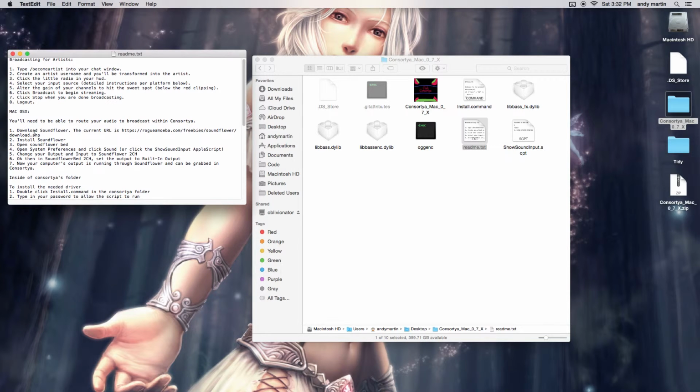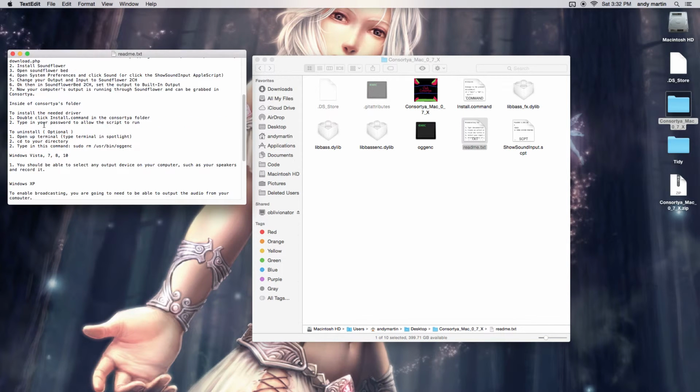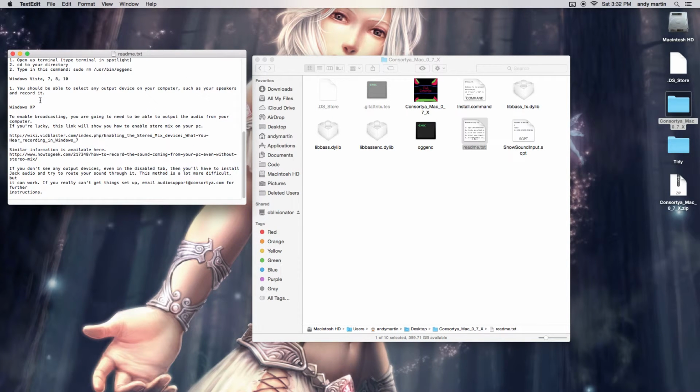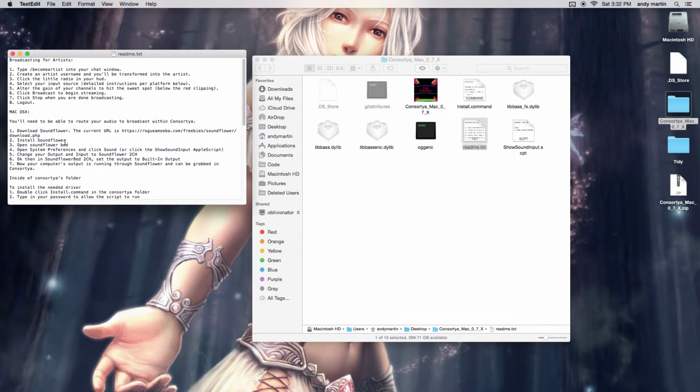Now the second list is specific to OS X. If you're using Windows 7 or Vista or beyond, it should be pretty easy because they have the Windows Audio Sound API, but for OS X you're going to have to route some audio. So the first thing you'll do is download Soundflower and run it. I've already got it downloaded,